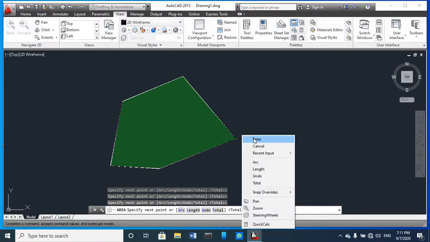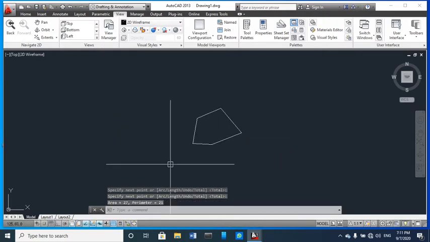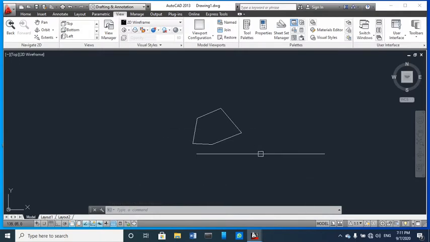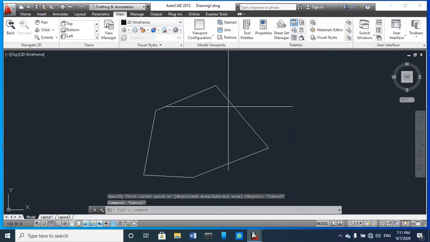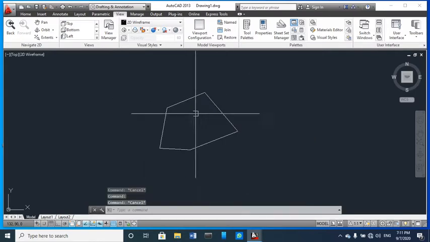You need to keep pressing enter. So you can see here area 27 mm square and perimeter 21 mm.